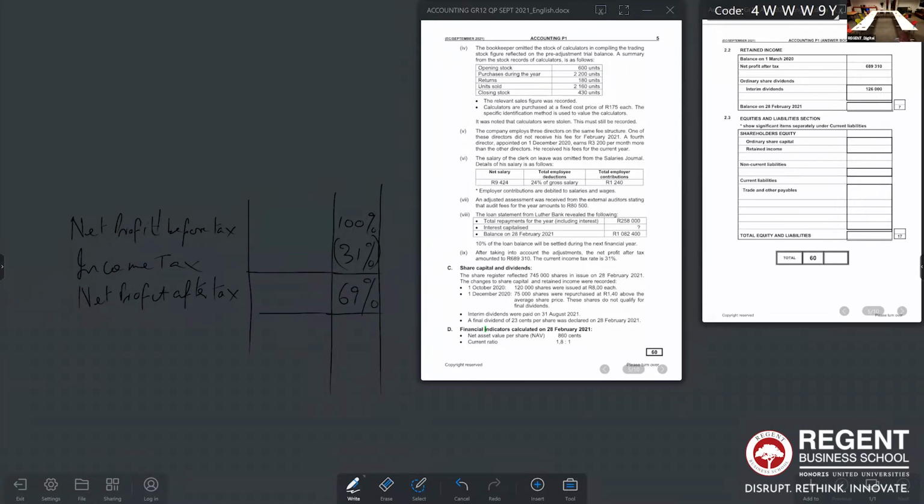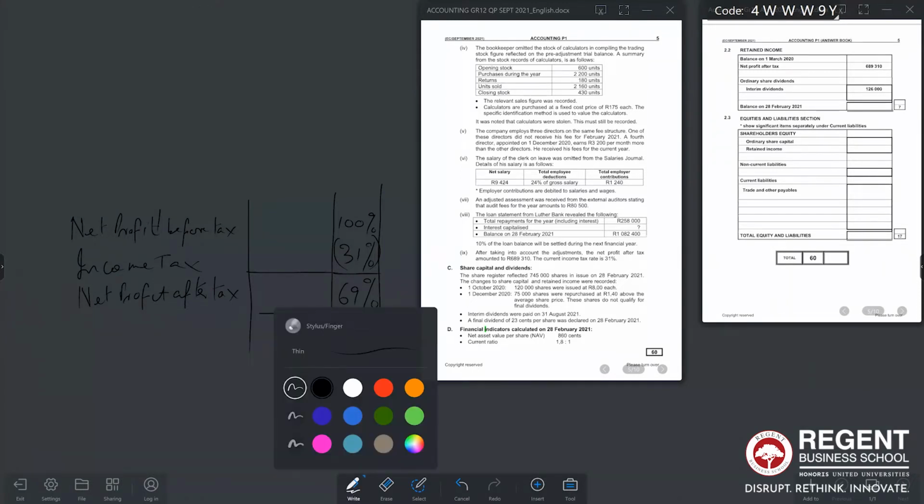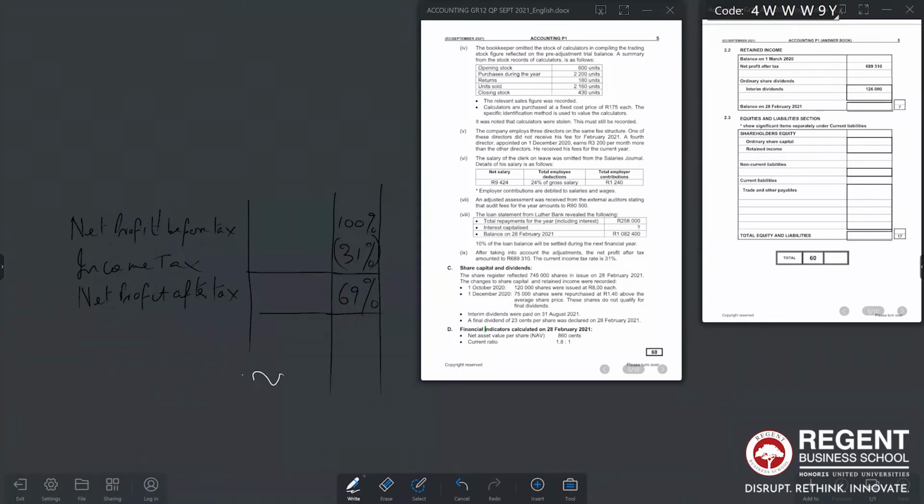Now substitute. Now start filling in the figures. They told us that the net profit after tax was 689,310. That's my net profit after tax. Now I'm looking for the income tax figure, or the net profit before tax. I need to solve for it. You normally solve for X, but whichever way you understand it. So let's work out the income tax. I need my income tax figure. I would say it is 689,310, which is the net profit after tax, over 1 times